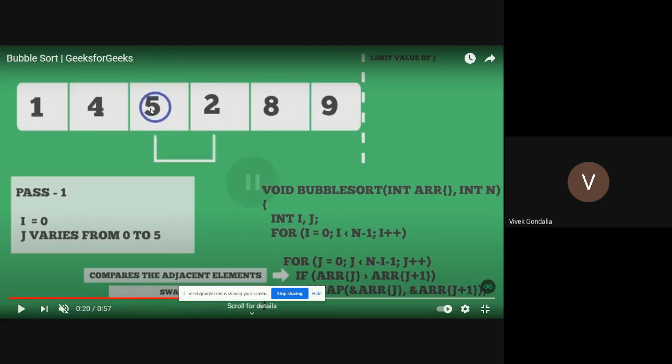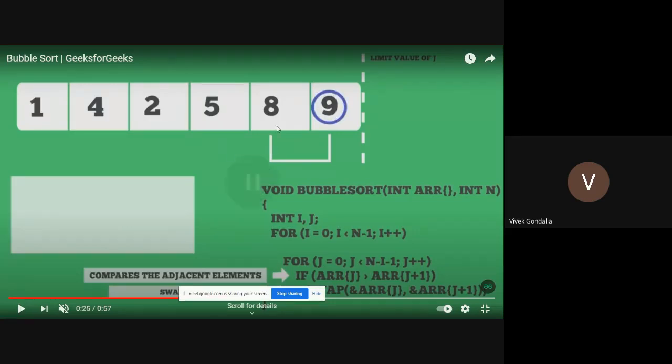Now it will do the swapping again, 5 and 2. So again 5 is the larger number, so it will do the swapping, right? Again it will do the swapping. Now see this, in this case 5 is less than 8. Clear? So this number is at the end, so it is in ascending order. So in this case they will not do the swapping. See, they are not changing 5, 8. Why? Because 5 is less than 8. So whenever the first number is larger than the second number, then it will do the swapping.